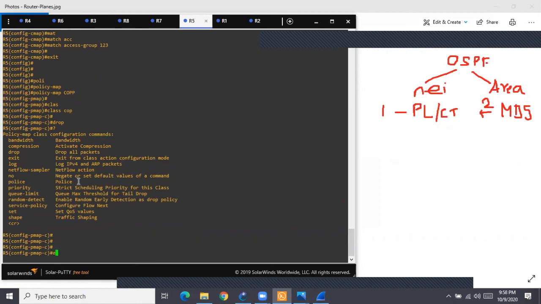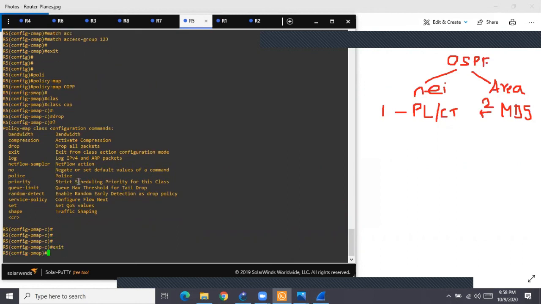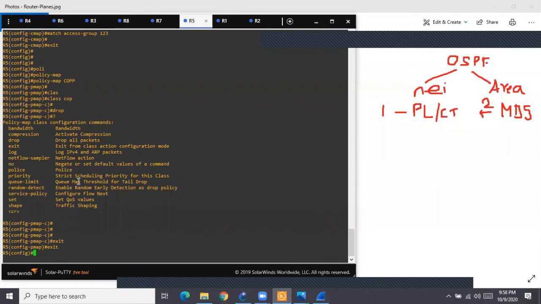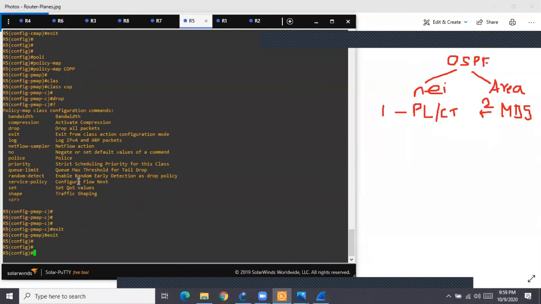Okay. So now I created the access list, then the class map, then the policy map. Done. But where did we create all these three things? In global mode. Whatever we configure in global mode doesn't work unless it is applied somewhere. Like if you create an access list, you go to some interface and apply it.